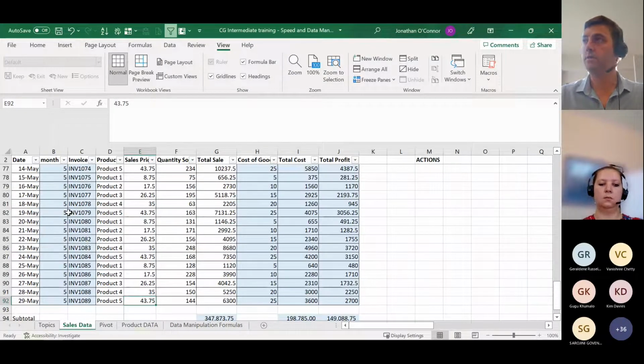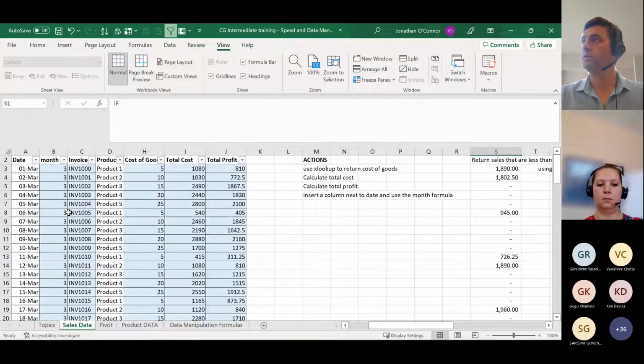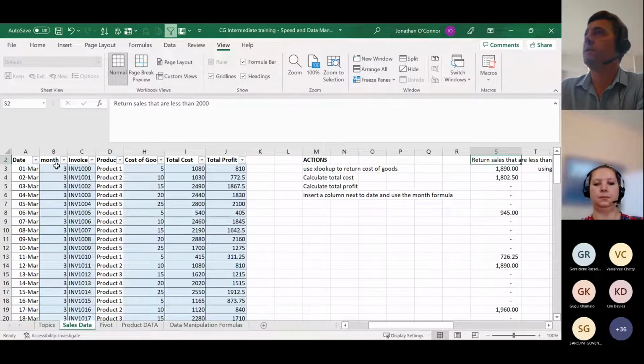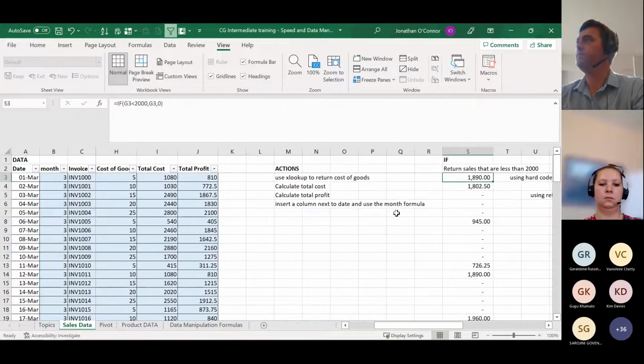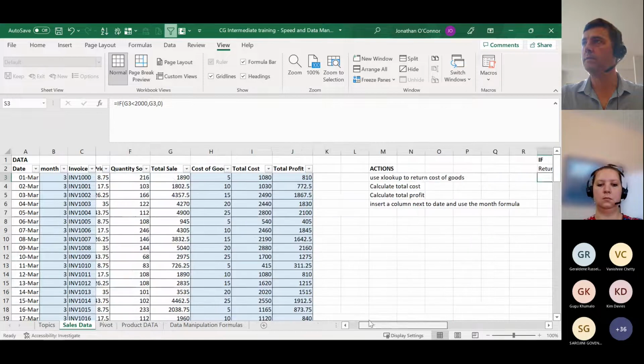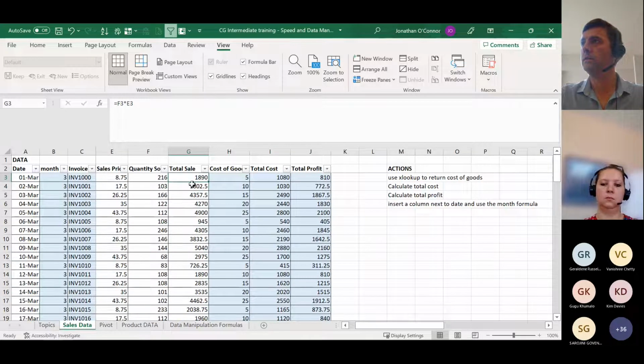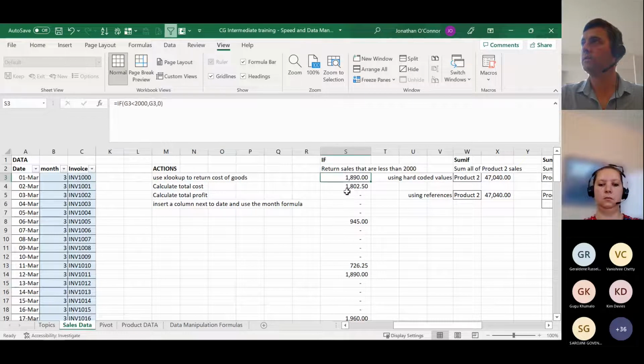So I'm just going to go to this tab here. So for example, you can see that I've frozen my pane, but I haven't shown row 1. So I'm just going to unfreeze and then I'm going to refreeze here. So let's say I want to return sales that are less than 2,000. So instead of manually going through the whole list and looking for all the sales that are less than 2,000 and going equals that plus that and manually doing that,